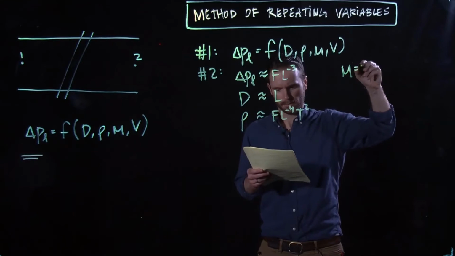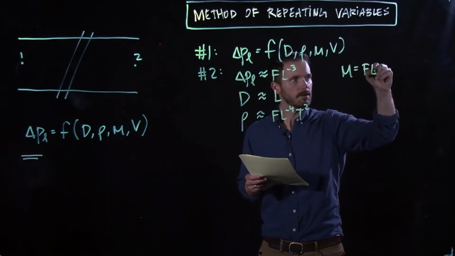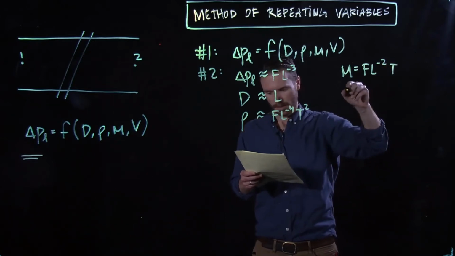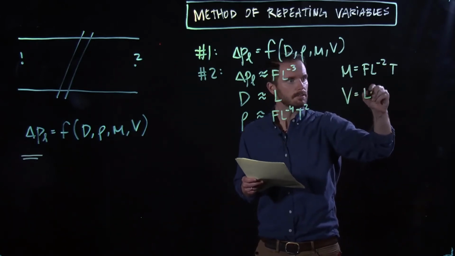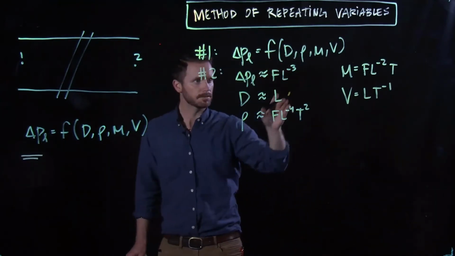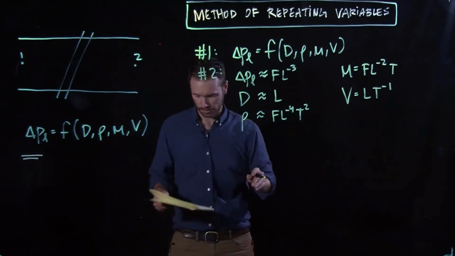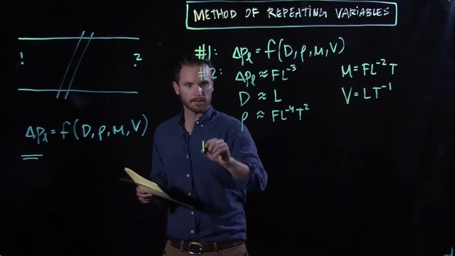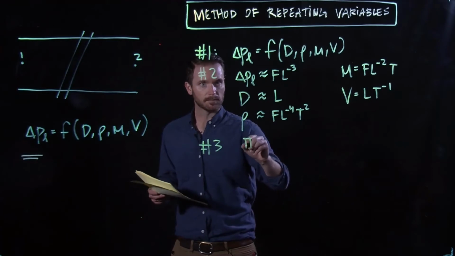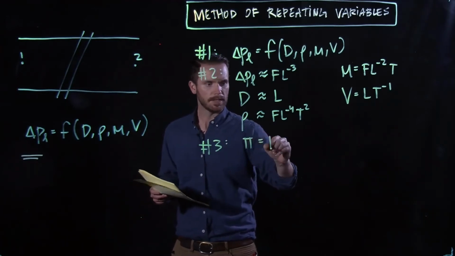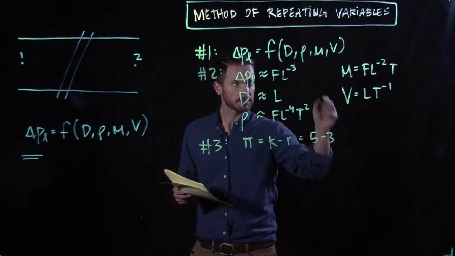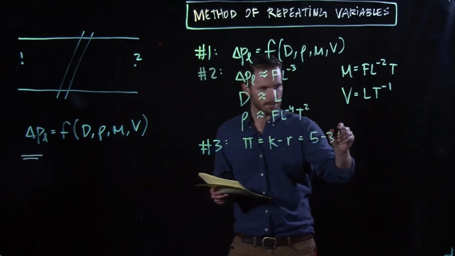Mu is equal to F L^-2 T, and velocity is L T^-1, right? So we put each of these variables into terms of the basic dimensions. Now, step number 3 is to carry out the Buckingham pi theorem. The number of pi terms required is equal to k minus r. It's equal to 5 minus 3 in this case, because I have 5 variables and 3 basic dimensions, so I